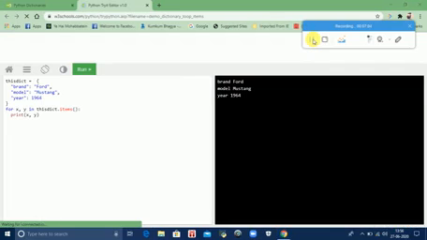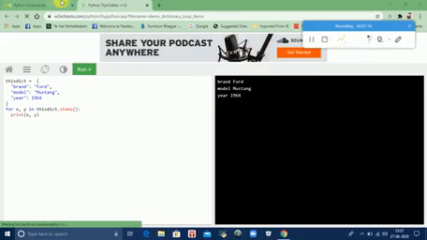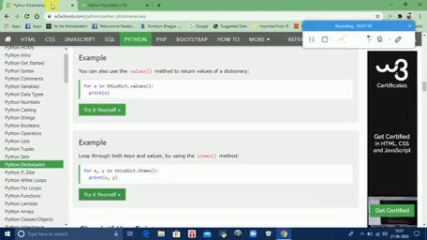So the result will be like this. When we use the items method, our key names as well as their values will print simultaneously.